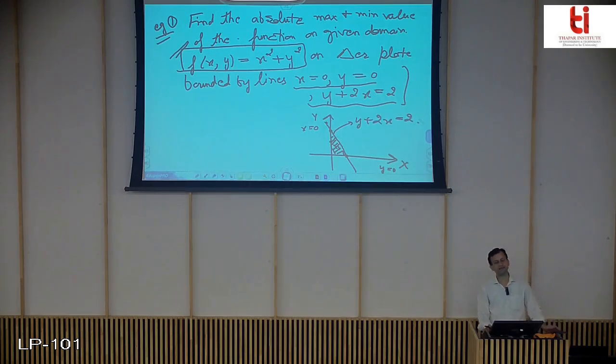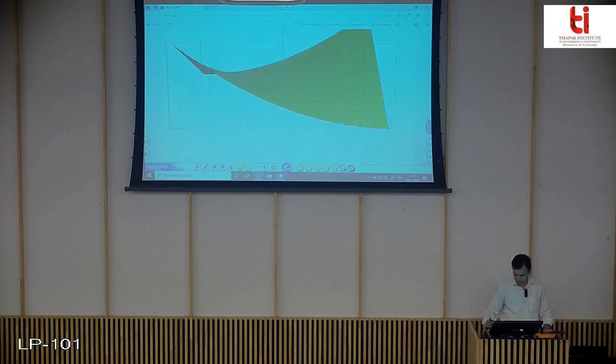So now the surface is in 3D. That is, if I draw the z-axis coming out of the plane, and the surface is in 3D, then the part of the surface that is above this triangular plate. The triangular plate is in the xy plane, the surface is in 3D. So for the portion of the surface above this triangular plate, there we have to find the extreme values of the given function. So if I just look at the figure here.